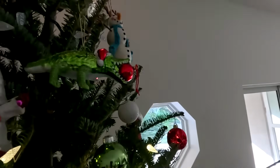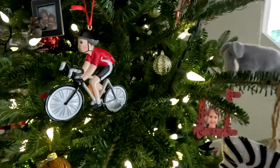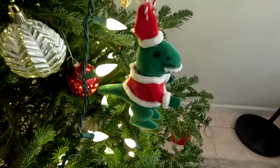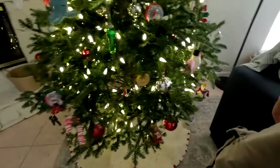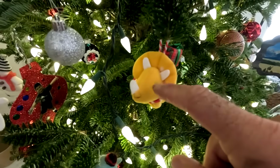We got fun alligator. We got a nice little biker guy. We got Dino Claws. That's spelled DINOCLAWS. Dino Claws. Also, what else do we have here? Oh, a little triceratops. I think that's adorable. And then there's another little gator, Christmas gator. I think that one's a crocodile though. Anyway,